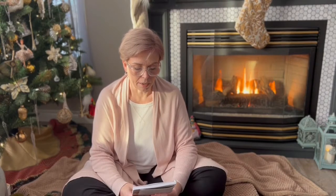So one of my most important plans for 2022 is to clean up all my WIPs. So I either want to finish them or frog them, and I'm not happy about the fact that I'm carrying forward so many WIPs into 2022. I think that I am going to really work on becoming more of a monogamous knitter in this new year. I think what I'm going to do is frog or finish all the WIPs that I have outstanding, and